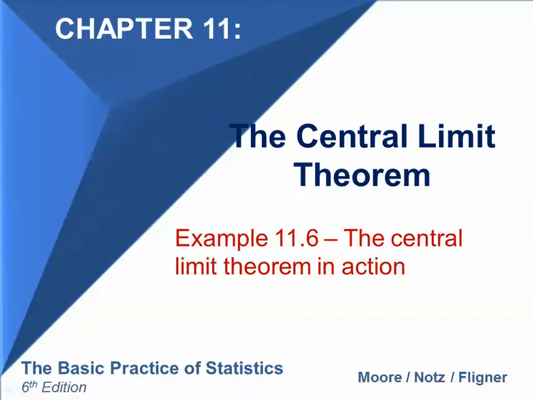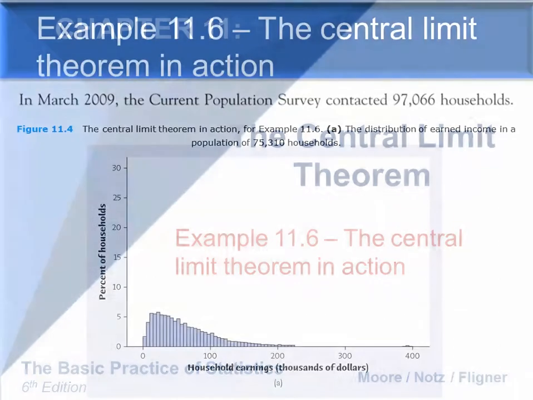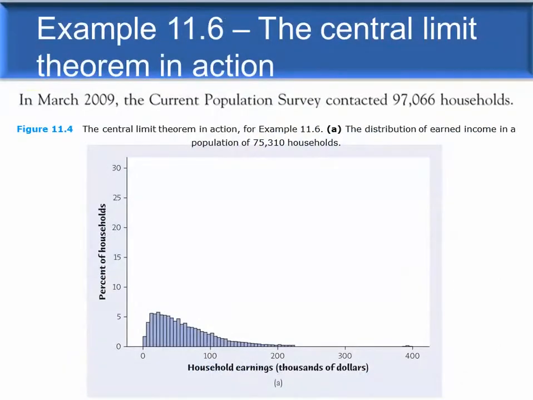In this video, we're going to talk about example 11.6, the central limit theorem in action. As we go through this example, it starts off by saying in March 2009, the current population survey contacted 97,066 households. So what we're seeing here in this first figure is the distribution of earned income in a population